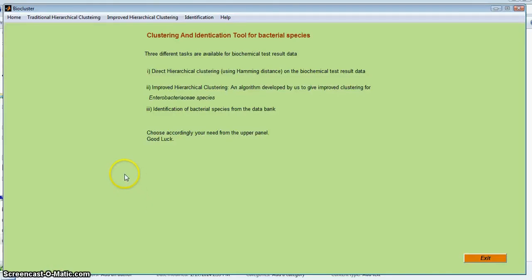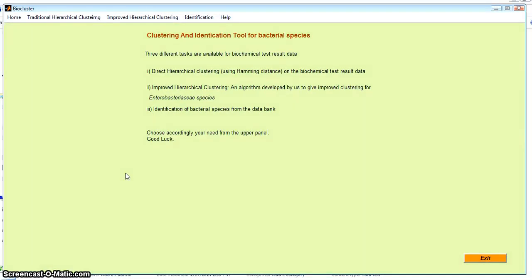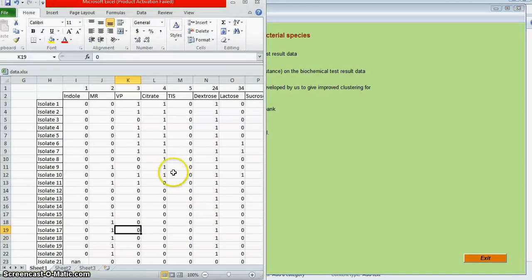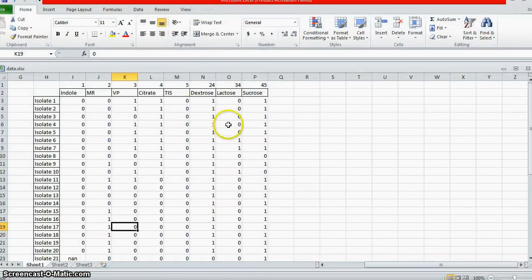Okay, this is the page you'll be led to when you double click the executable file. It has 3 tasks available, and they can be navigated through the steps. First, I'll show you how to prepare the data. Then we'll explore these different tasks. I've already got some data